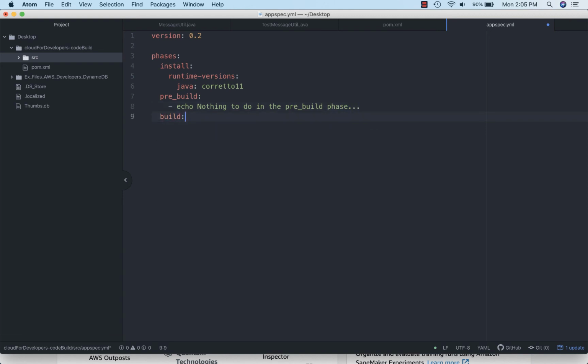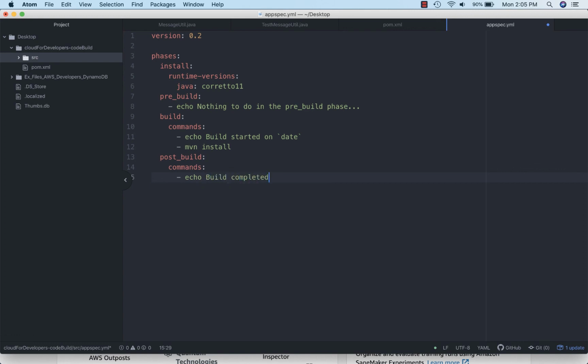And then the build, the commands that I'm going to use, I'm going to have another echo, build started on the specific date. And then I'm going to use the Maven install command. And then the post build. We're going to have some commands. And again, I'm going to echo